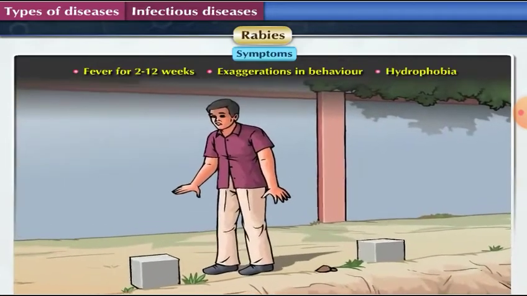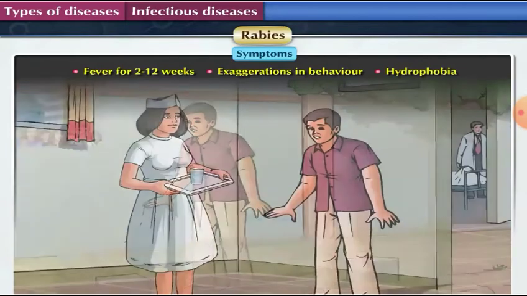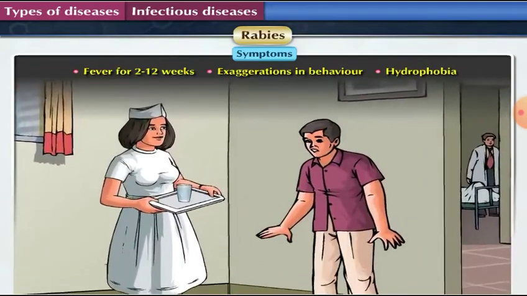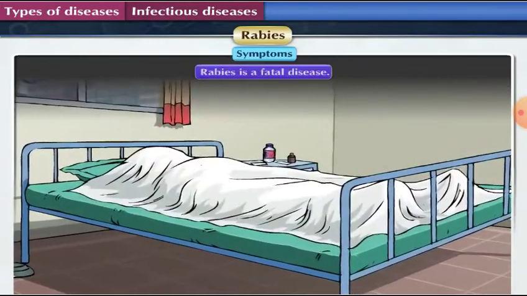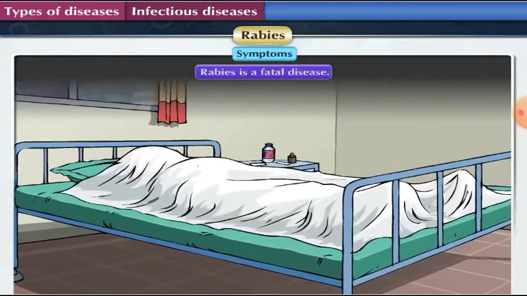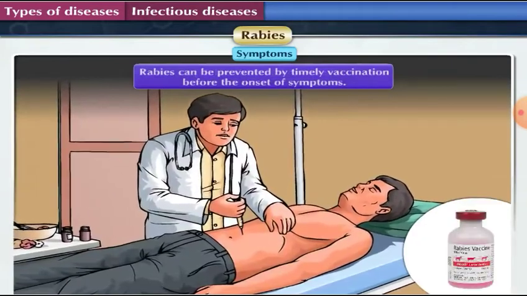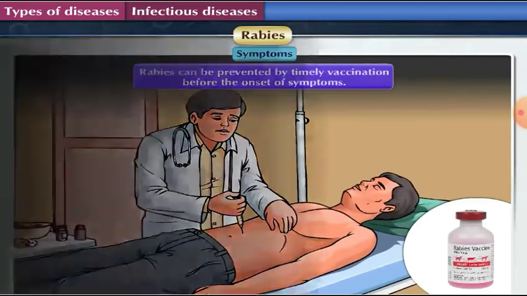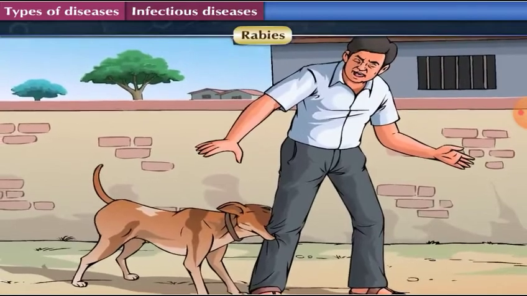Hydrophobia is one of the important symptoms of this disease. The patient shows extreme fear of water. Rabies is a fatal disease. However, fatality can be prevented by timely vaccination before the onset of symptoms. After this quick discussion about infections through animals,